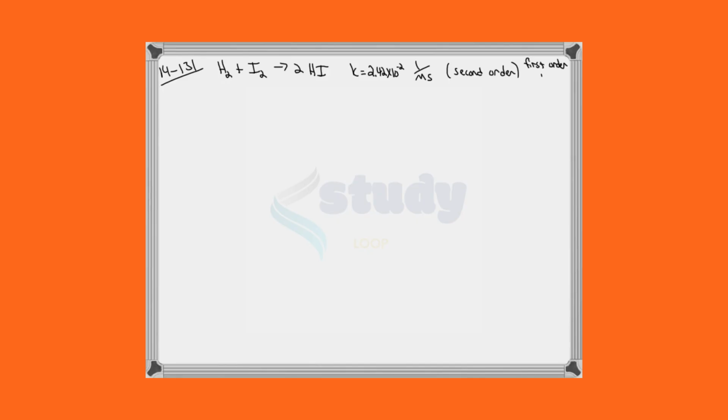We could assume first order with respect to each reactant, but if we have equimolar concentrations of both of these, then the rate of change of both of these would be the same, and we could treat this using second order kinetics integrated rate laws. However, in order to use the integrated rate law for second order kinetics, we need to convert the pressure into a concentration, which will make more sense in using a K value that has units